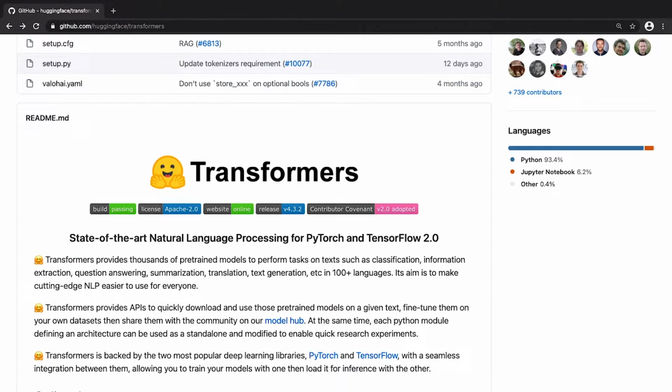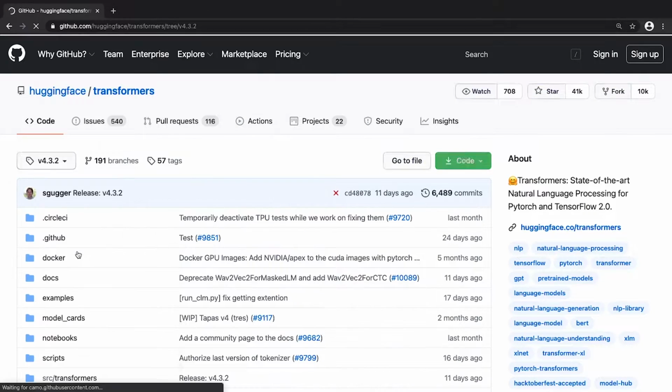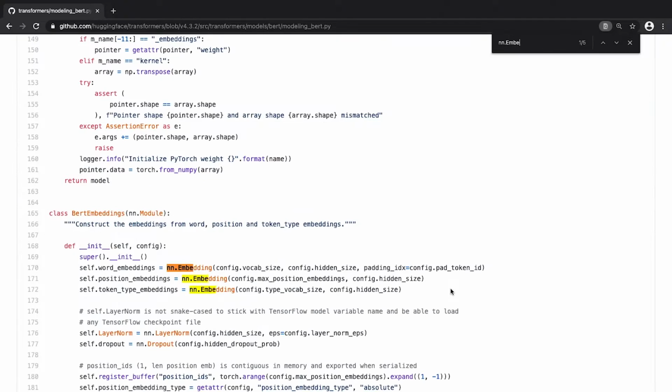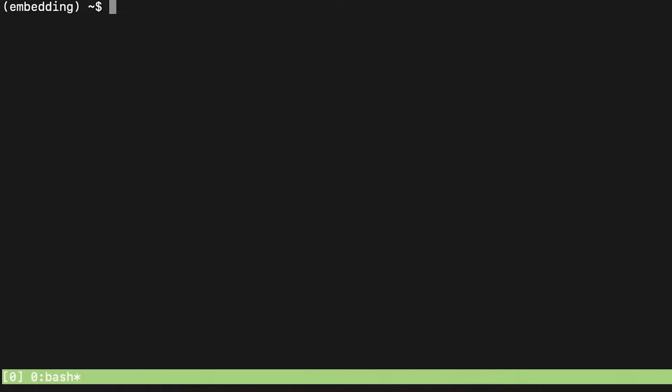To give you a real-world example, let me show you the Transformers codebase. Specifically, I will look into the architecture of BERT. As you can see, BERT is actually using multiple embedding layers, and for example, the first one, the words embeddings, encodes all tokens in the vocabulary. Note that this embedding layer is the very first block of the architecture, and during the forward pass, one provides the token indices, and this layer will simply output the corresponding embeddings. Let me now show you an interactive example.